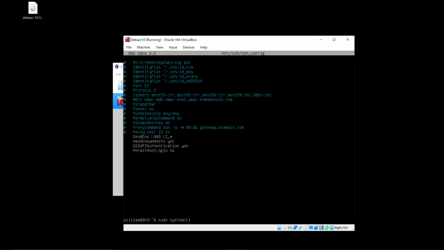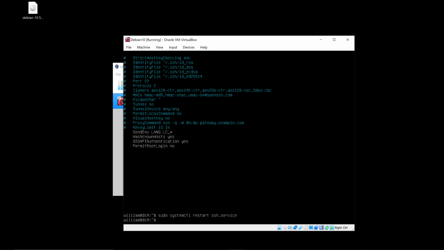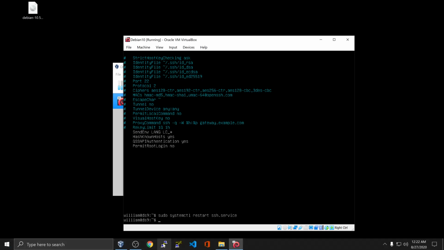Okay, so now we need to restart our SSH server, and how we do that is sudo systemctl, system control, restart ssh.service, and pow. Now, if we have an SSH client working,